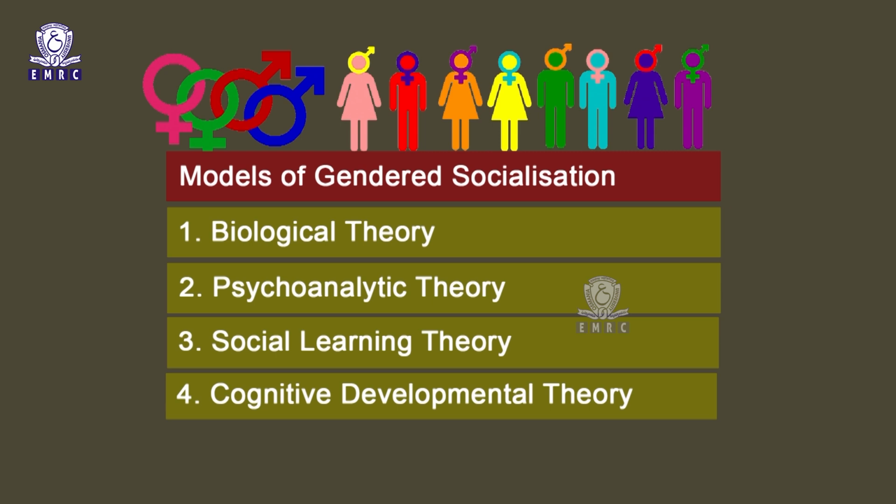Cognitive development theory explains gender roles according to the growth stages of a child when she or he starts to understand her or his identity in society. This theory tries to explain how children understand and interpret the world around them and act in society. It explains that first, children can identify their own gender as a girl or boy, then they can recognize